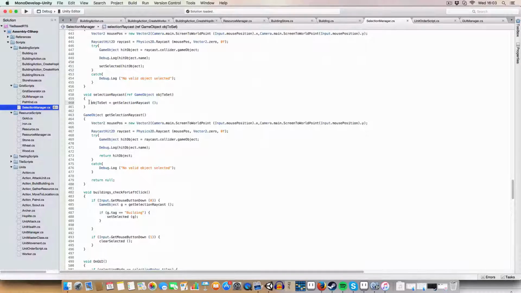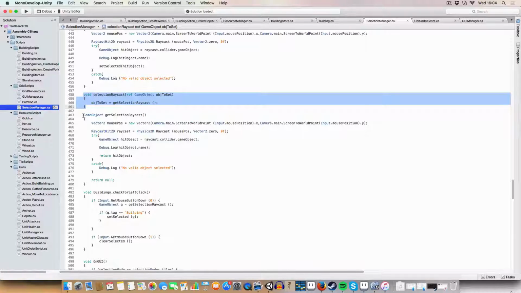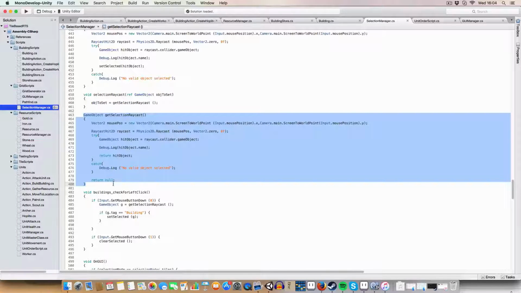Basically, we've set this to a new method, get selection raycast, which just fires a raycast at the mouse position and returns any object that it hits. It still works the same,